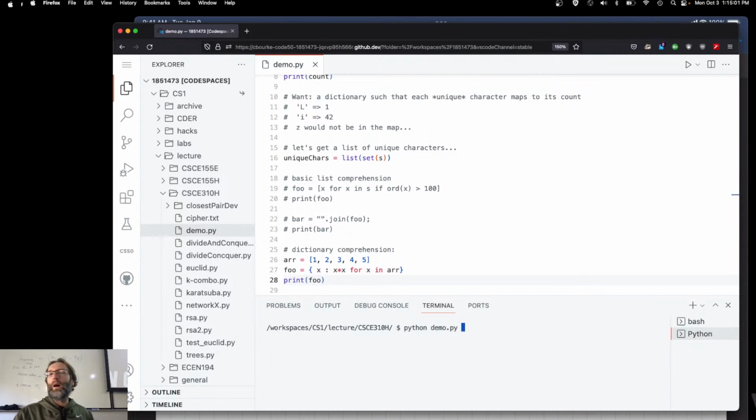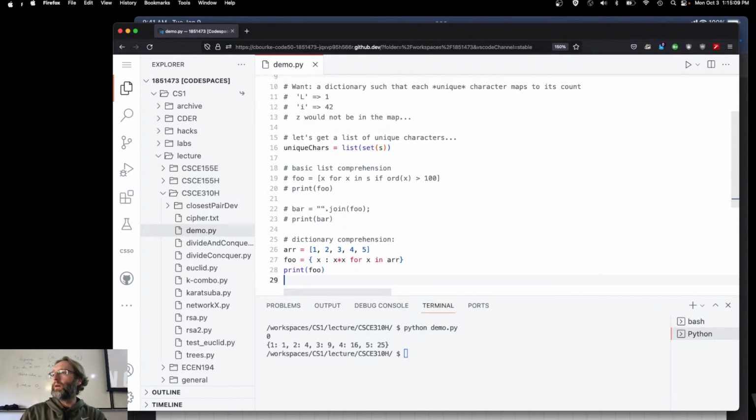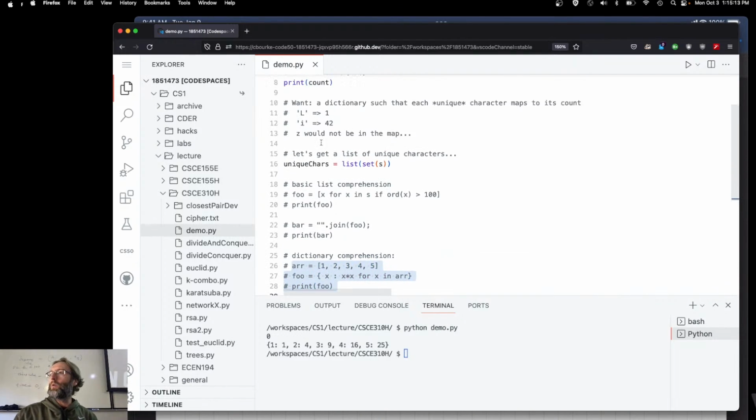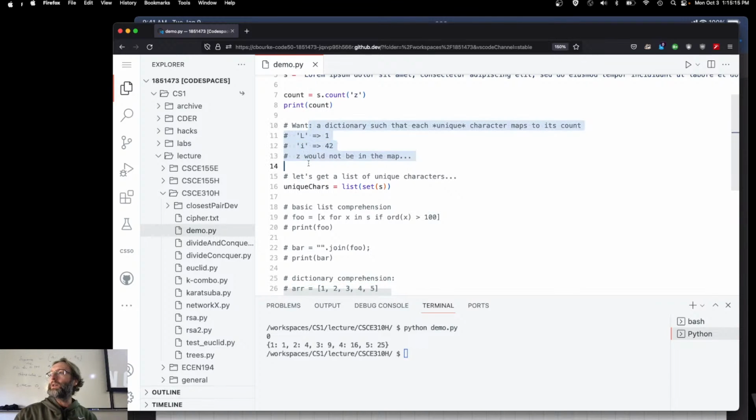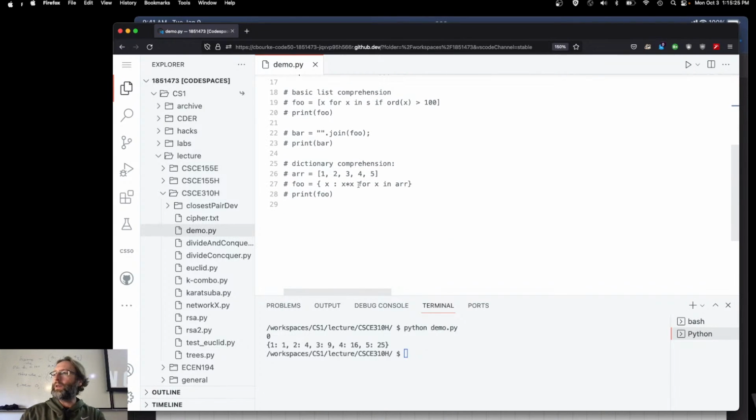1, 4, 9, 16, 25. Yep. This is the key. This is the value. So now that we understand that syntax and how it's powerful, let's do what we were going to do. I want a dictionary such that each unique character, which we have, maps to its count, which we know how to do. All right? So bringing all this stuff together here,